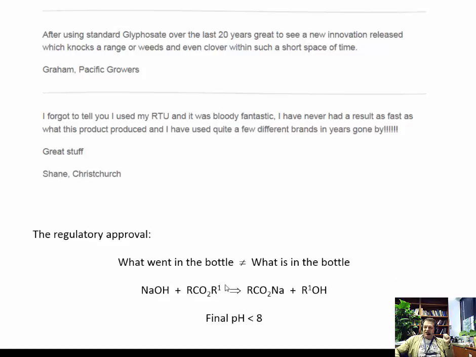What I had to explain to them is actually there is no sodium hydroxide in the bottle anymore. It's reacted away and you've formed a soap. And when I explained it, it was fine. But the environment is like this. What you put in is not necessarily what you've got. In the same way that what went into the manufacturing, in this particular example, was not actually in what was in the bottle when it came to be sold.